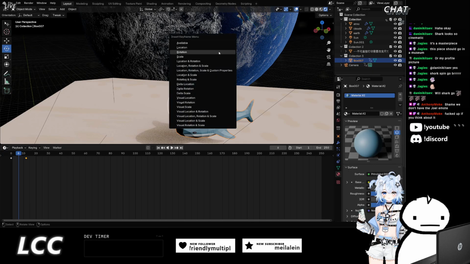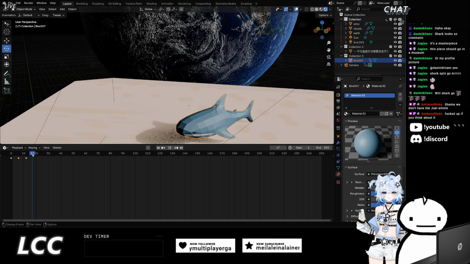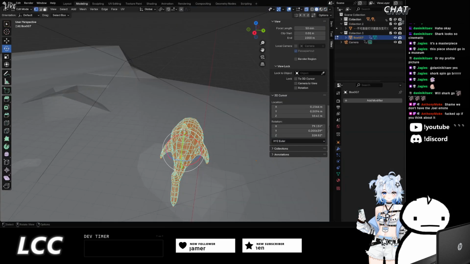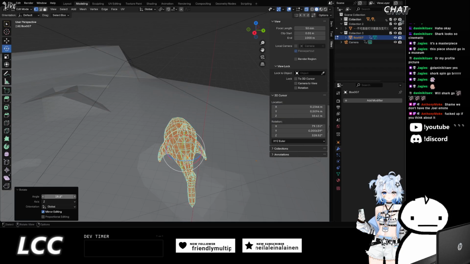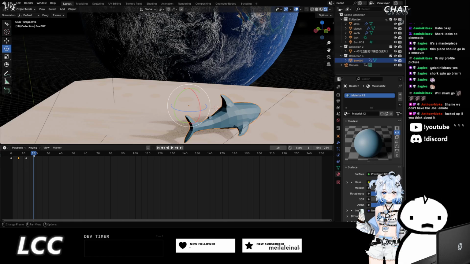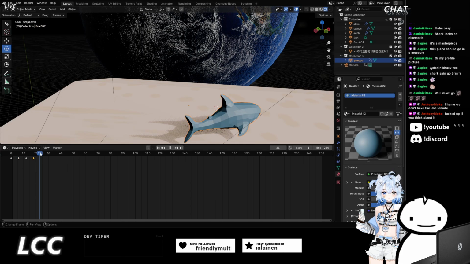Hit K, rotation, and then at 18. So basically every 6, because I want him to spin in a specific direction and not some random direction. Change this to 180. There we go. Hit K, rotation, and last but not least,